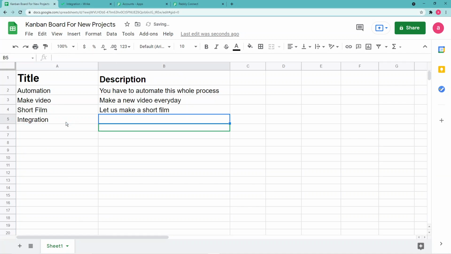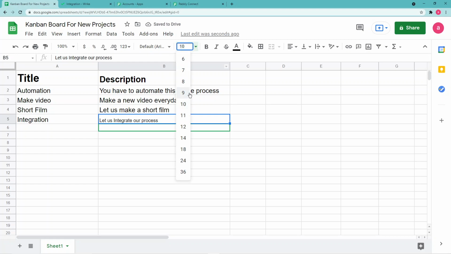And in the description, I'm typing let us integrate our process. All right.